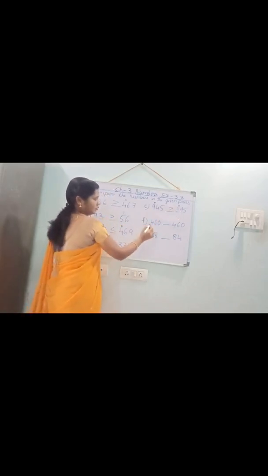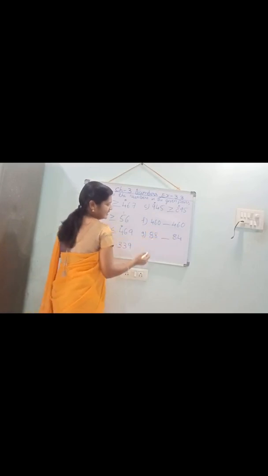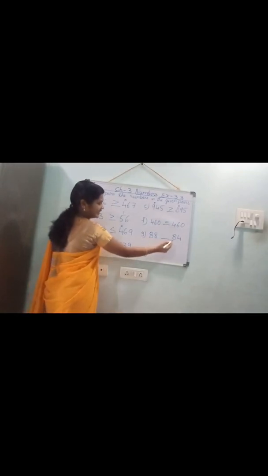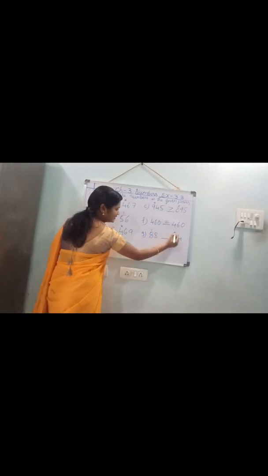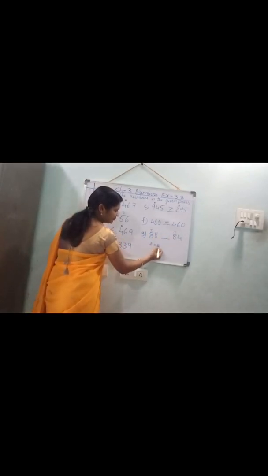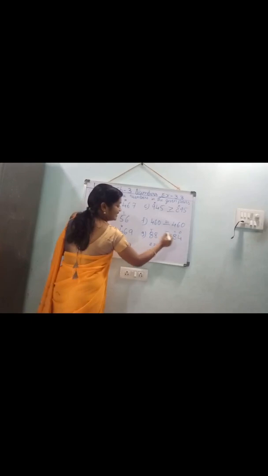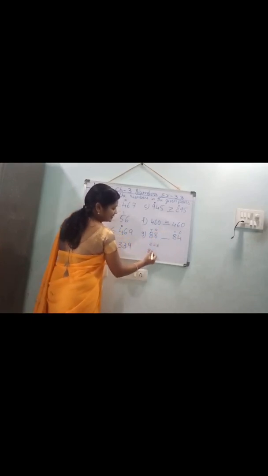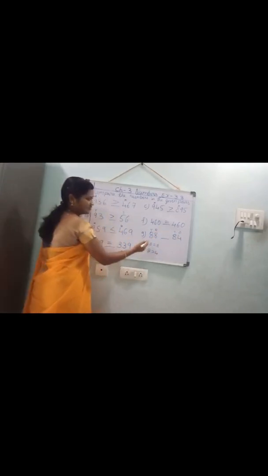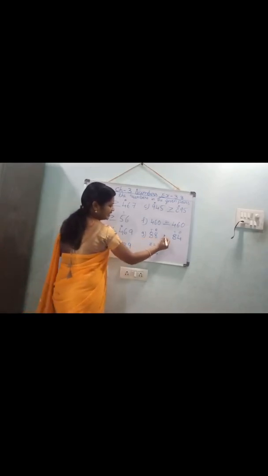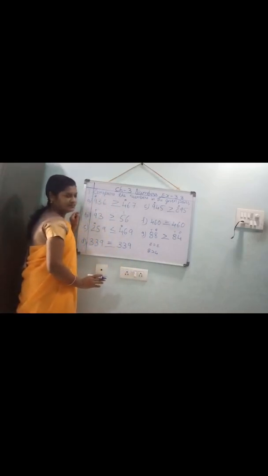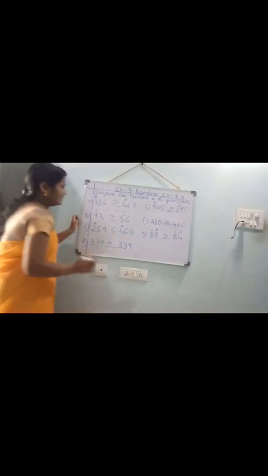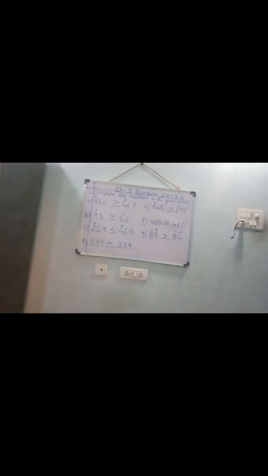Now, here 460, 460. Both are equal. Now 88, 84. Which number is greater? See, here in the tens place, both are equal, no? Then in the ones place, 8 is greater than 4. That's why 88 is greater than 84. Understood, children? What I said? You should copy it in the classwork. Everyone open your classwork and copy this.